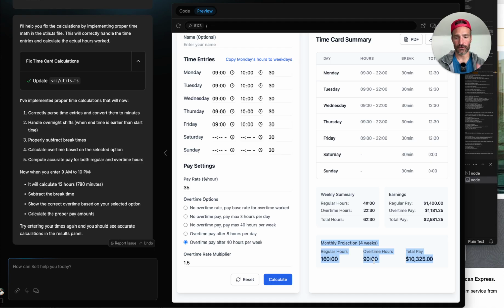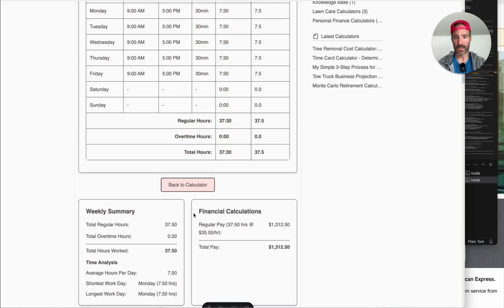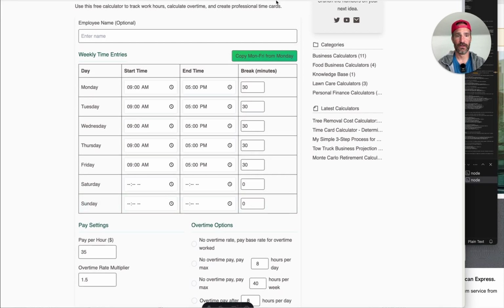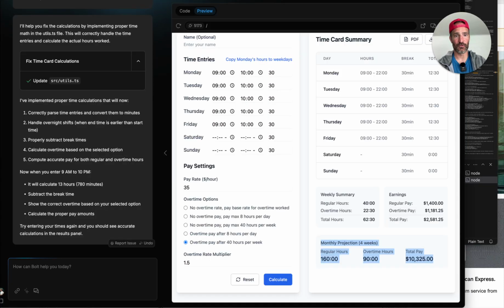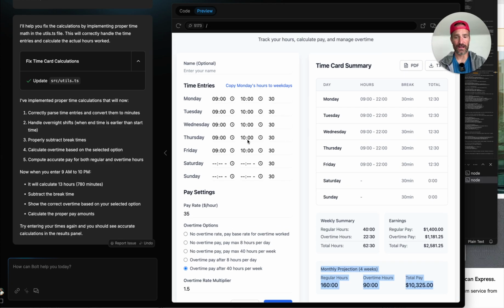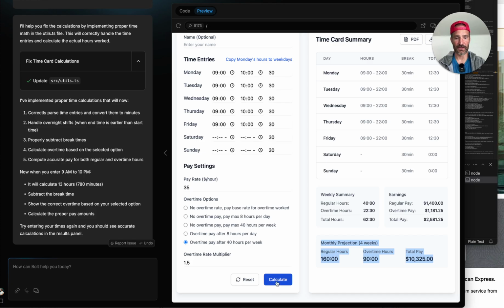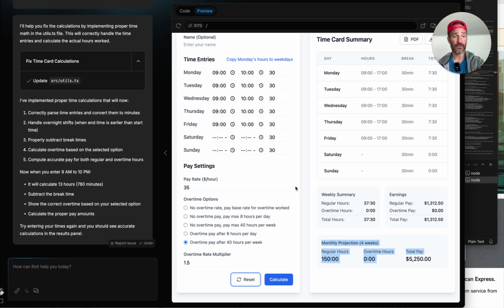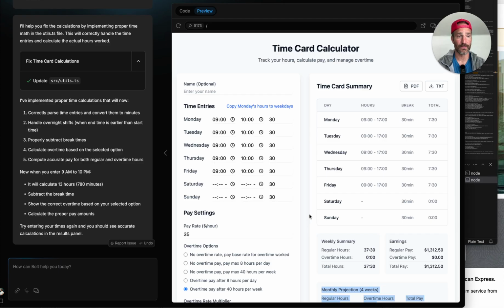Now you can see too, in addition to this, let's say that you wanted to update the color scheme or do something like that. That's going to take a lot more time too, right? So let's say you wanted red buttons here and maybe you wanted a green calculate button, things of that nature. You would need to go through and continue to prompt AI to be able to fix this. Also, I know from experience on my own website, backofnapkin.co, where I put out all of these different calculators,